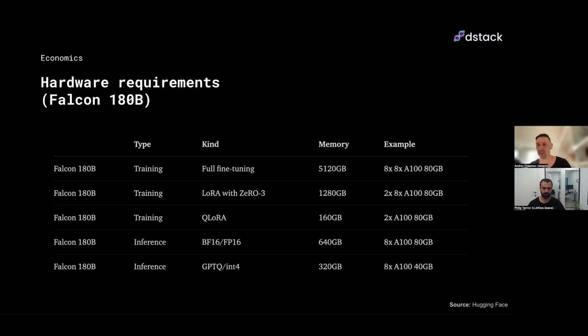Here is an example of Falcon, the largest one, and you can see how the memory requirements change if we are doing full fine-tuning, like 5 terabytes, or using LoRA. Basically, it's almost 5 times lower memory requirements. But if we combine quantization and LoRA together, this drops drastically. This is the way you would probably train these models if you aim for good quality without overspending. So this is a super powerful technique.